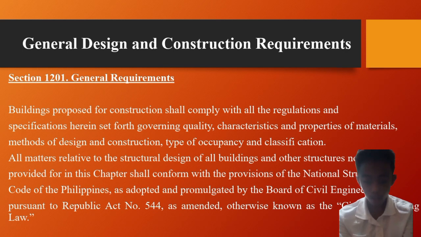Section 1201 of the laws outlines the general requirements for design and construction, ensuring safety and accessibility in buildings, facilities, and public space. These requirements include the provision of adequate lighting, ventilation, and sanitation facilities, as well as the provision of accessible entrance, exit, and circulation paths.